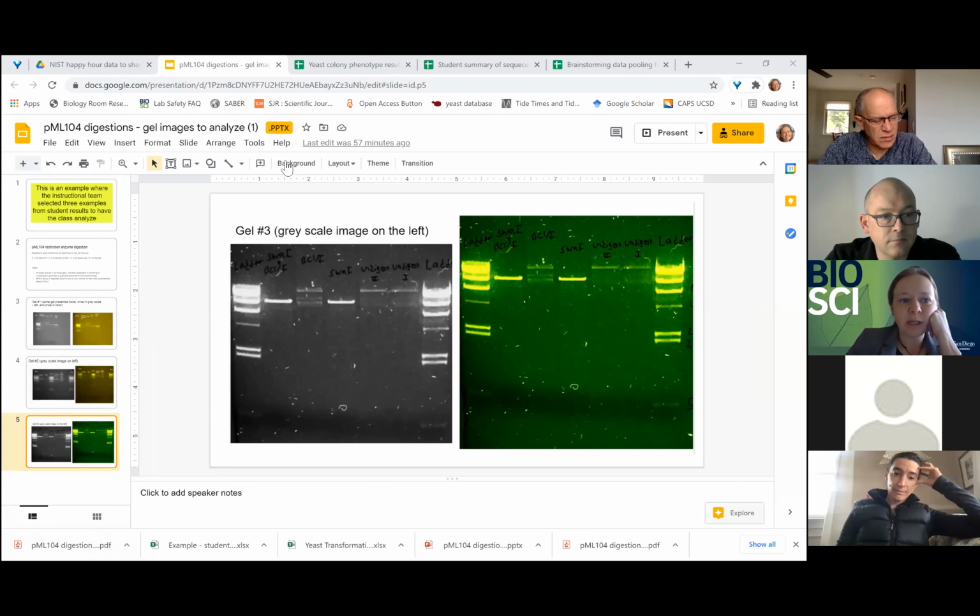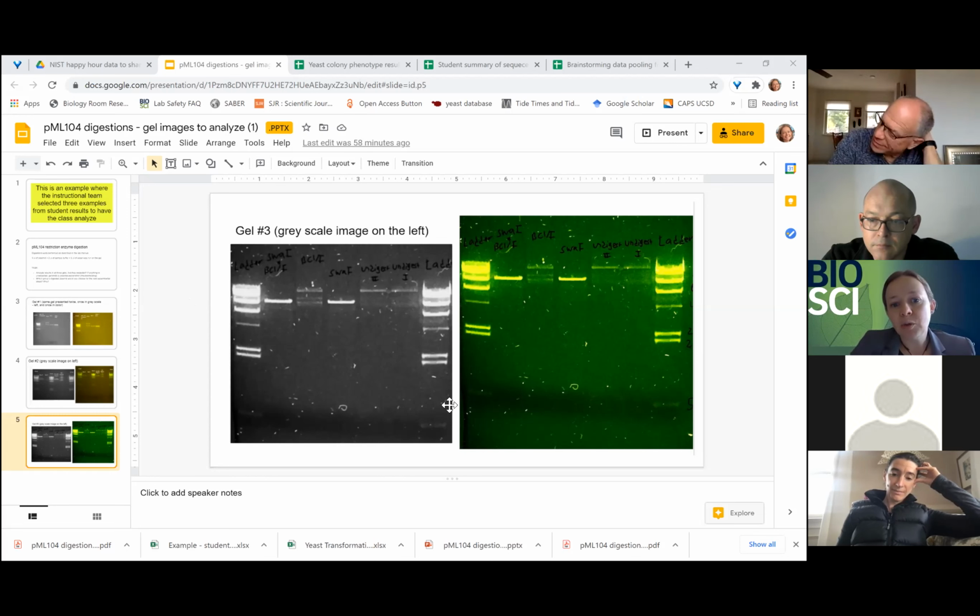So this first example here, I don't want to bog people down with the nitty-gritty of the experiment. I just wanted to show the diversity of types of pooling that I'm talking about. So for example, at one point in the course, students need to extract a plasmid and look at it using agarose gel electrophoresis. If you're not familiar with these techniques of extracting plasmid and agarose gel, it doesn't really matter. The point here is it's different than entering numbers into a spreadsheet, right? We're using the visual output here to make decisions about the quality of what happened in this particular step of